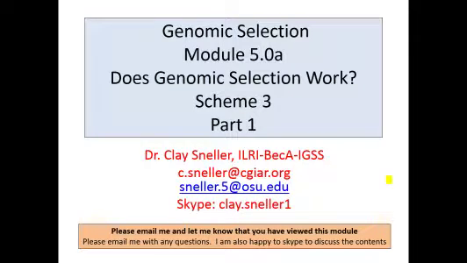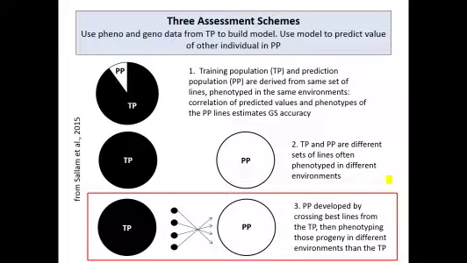Welcome to Module 5 on genomic selection, where we're going to continue to look at whether genomic selection works or not based on information in the literature. And in Module 5, we're going to talk about how Scheme 3 has been used to assess the effectiveness of genomic selection. And just to refresh your memory, in Scheme 3,